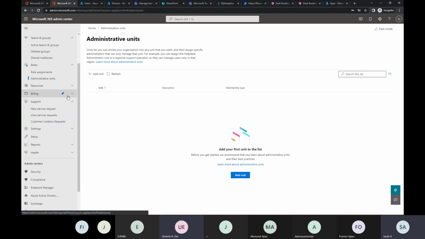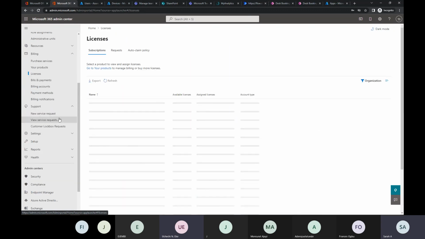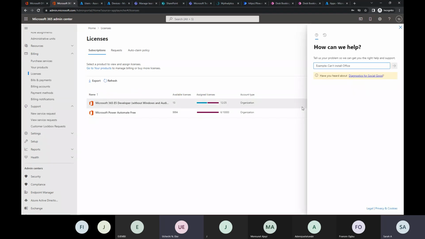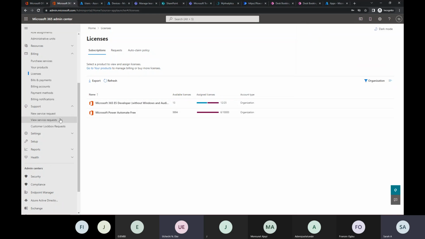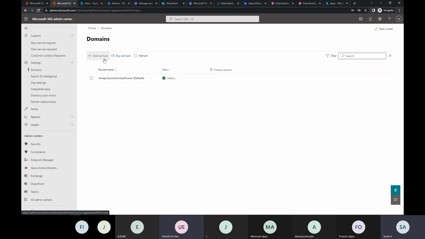Then the billing, this is where you can purchase services, check your licenses, and pay for the licenses. Don't worry, we're going to be using a developer account. It's totally free. You can also create new service requests here for Microsoft support, and somebody's going to call you or chat you or send you an email depending on what you want. You can also add domains here, like I showed in Azure AD. You can add the domain here, like Sarah.com, Microsoft.com,